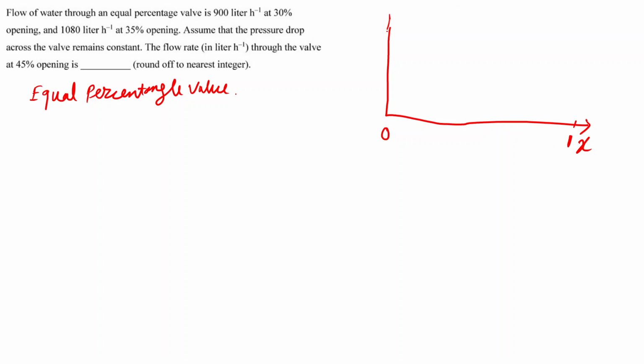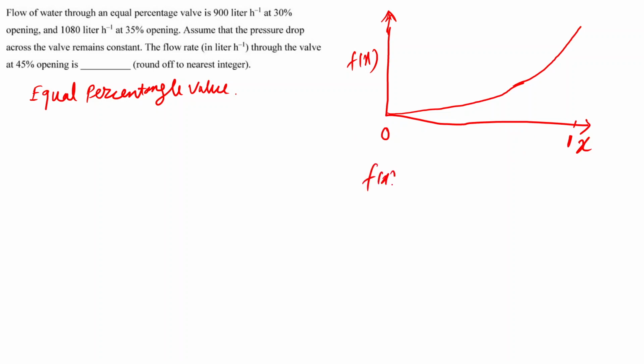Then the fraction of the flow passing through, or the flow capacity, we can call f of x. We can plot it in such a manner. And this flow characteristic, that is the relationship between f of x and x, we can write by this